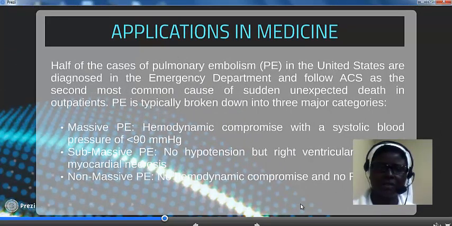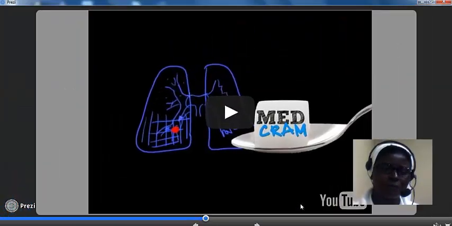Application in medicine. Most cases of pulmonary embolism in the United States are diagnosed in the emergency department and wards, and it is the second most common cause of sudden unexpected death. Pulmonary embolism is typically broken down into three major categories: massive, with hemodynamic compromise and a systolic blood pressure of